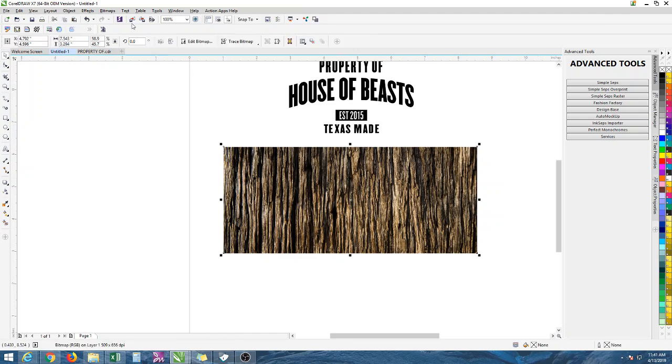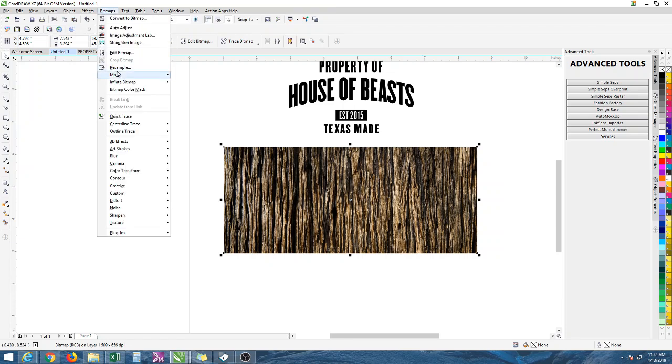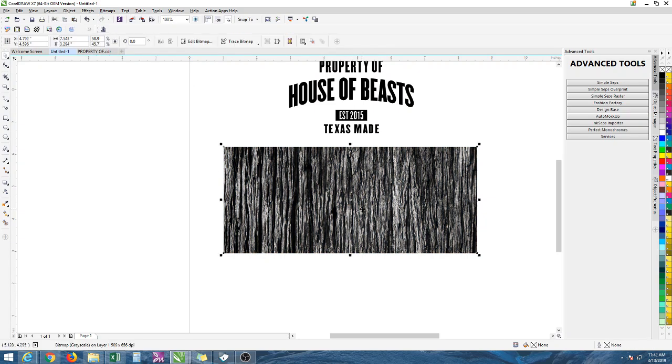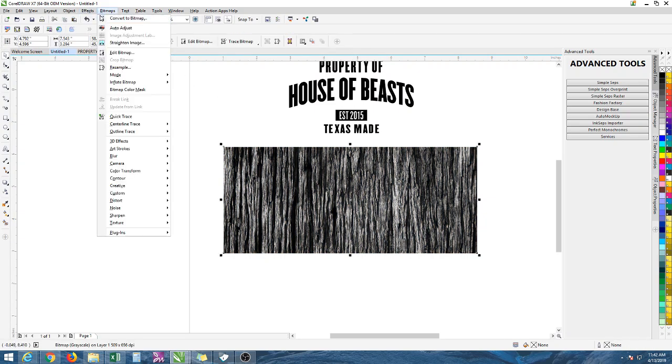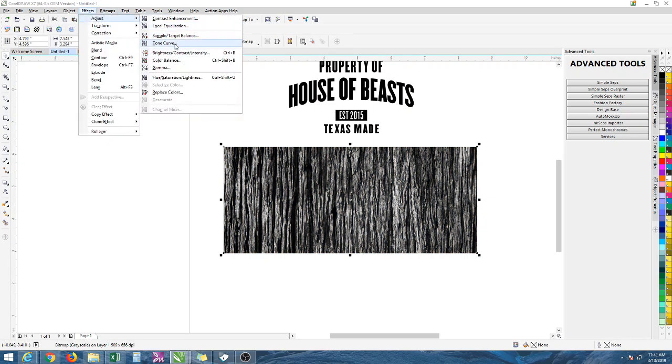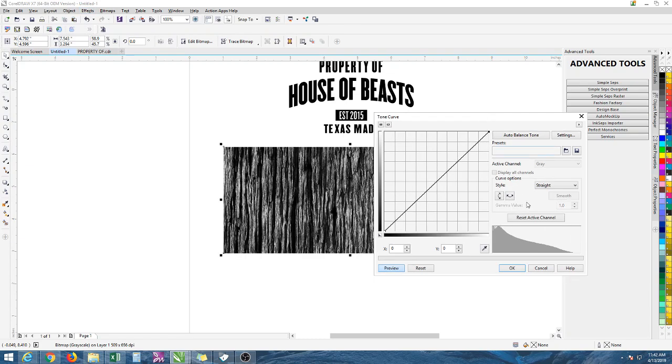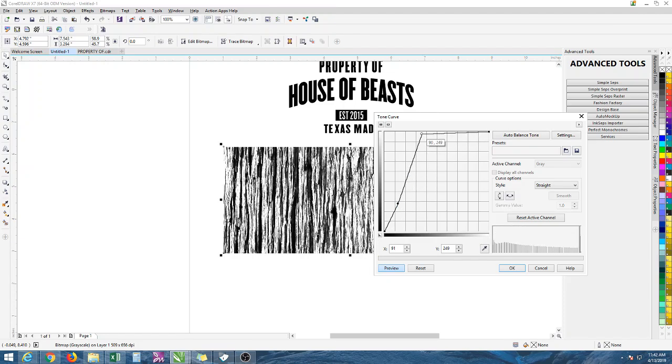So what I'm gonna do is I have my graphic and I need to convert it to grayscale. Go to mode, bitmaps mode, grayscale. Right. Your next thing you want to do is go to adjust, tone curve. Tone curve is a real powerful tool that a lot of people don't really know about. So all you do is you want to take the gray out of it,